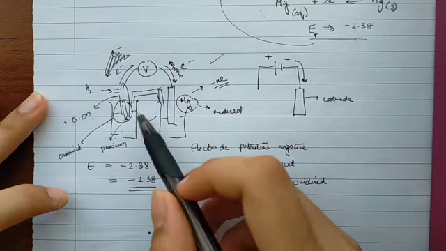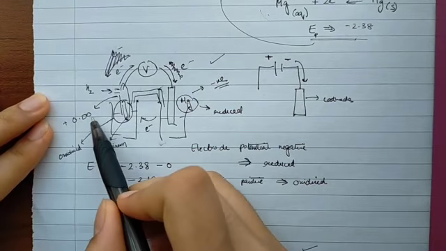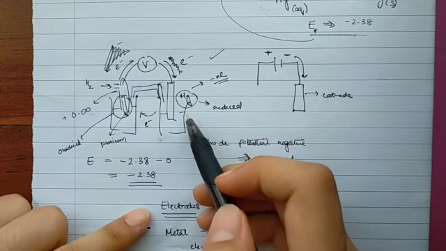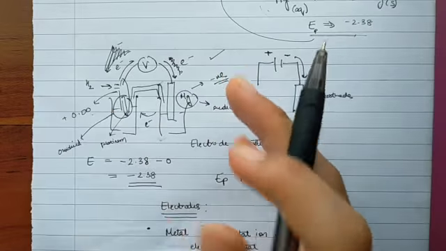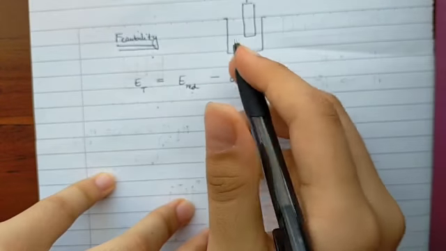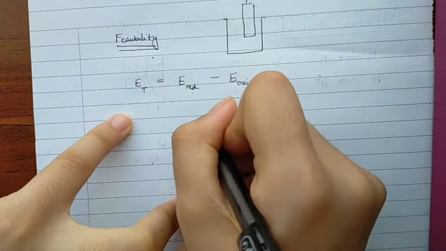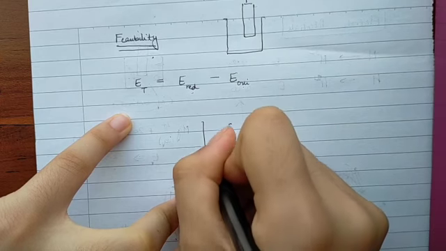And this is why we compare it to the standard, which will remain 0, so we can find the electrode potential of the metal that we want. But obviously this is not the case for all our experiments. We don't always compare it to the hydrogen electrode. We might also compare it to another